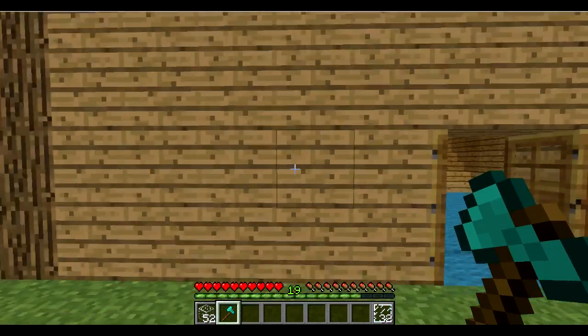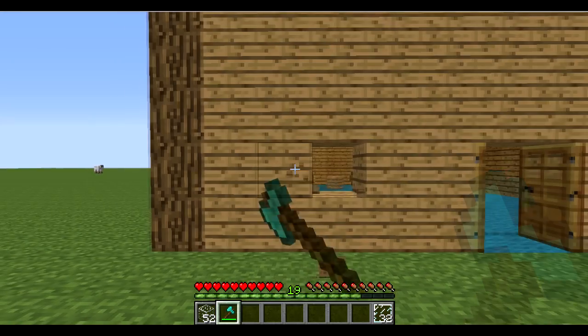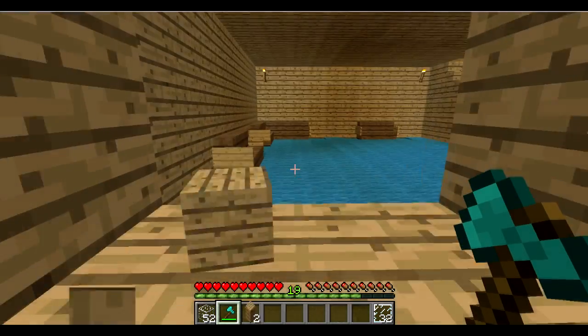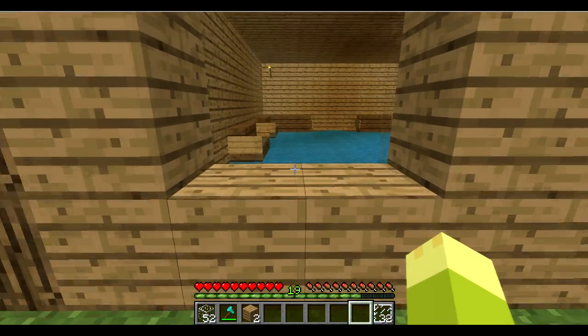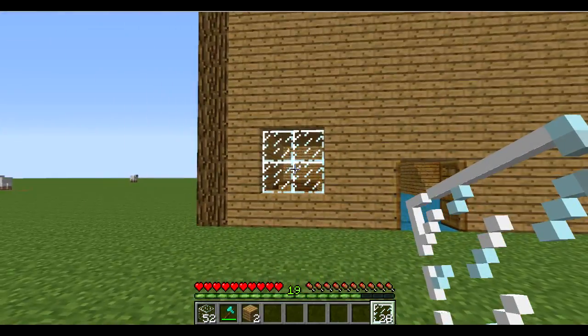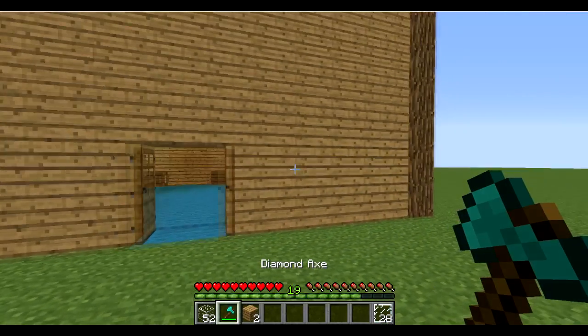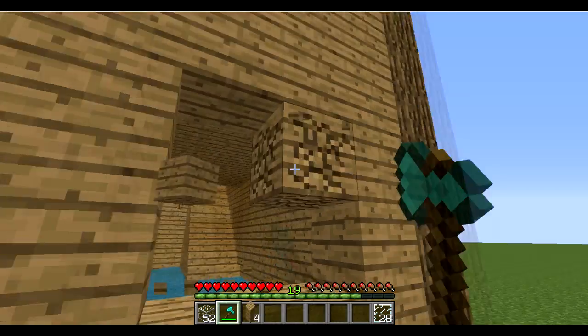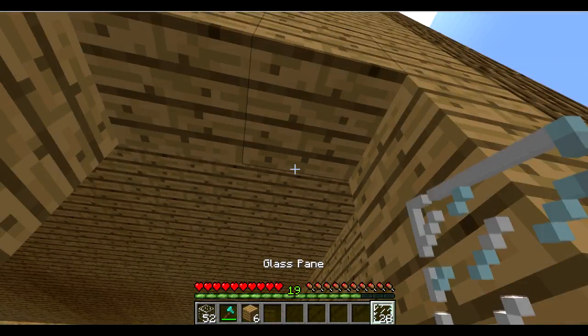So now go ahead and take the front of your house. It doesn't matter where, it's kind of up to you where you want to put the windows. I like to make the windows about this size most of the time, and then just place the glass panes, like so, and there you go. It puts a nice little window. It'll add some natural light in the house during the day,